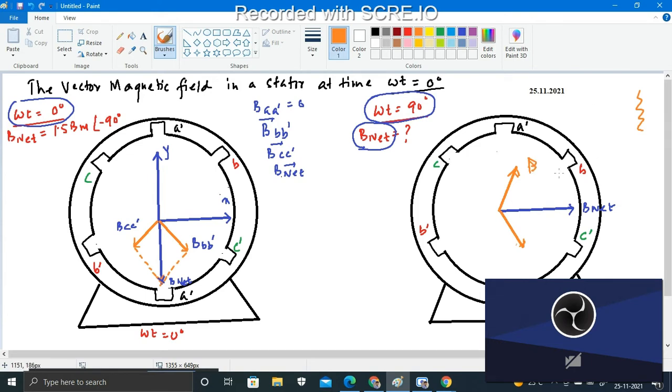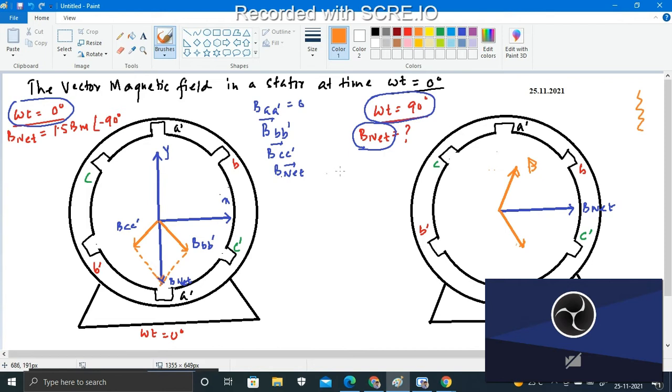Okay, so these are the two vectors we see. This will be my B of CC vector for the CC coil, and this one is my B of BB for the BB coil. So when omega t equals 0,